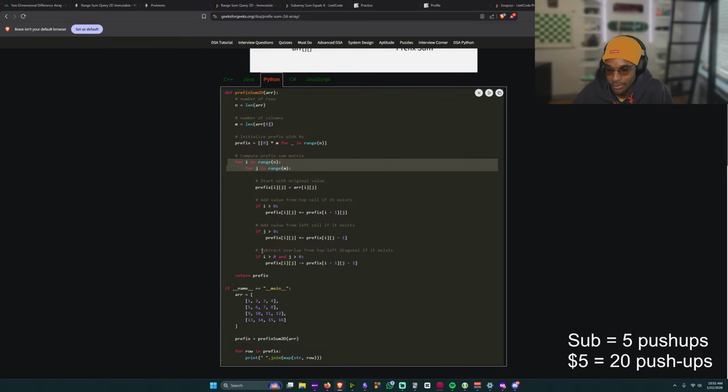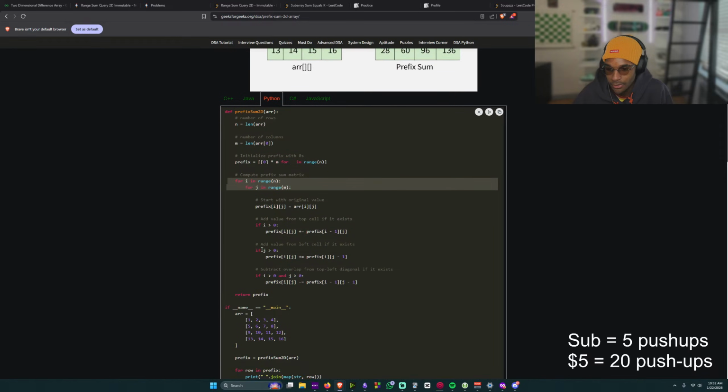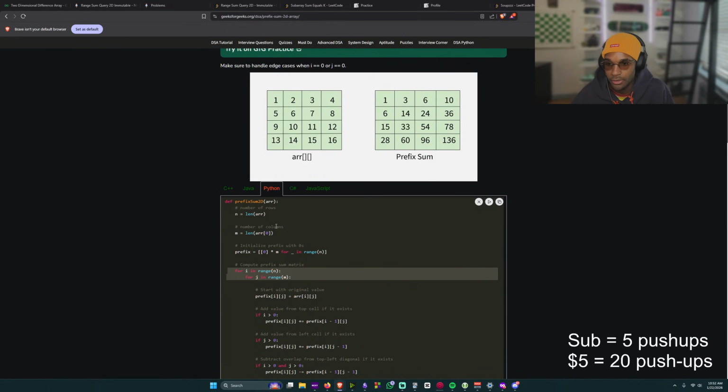Subtract overlap left diagonal if it exists. All right, this is the part I'm a little bit confused on. So if we're at 1, 1 and we look up and we look to the left, we add all those. Oh yeah, that means we added 3, and then we added 6.